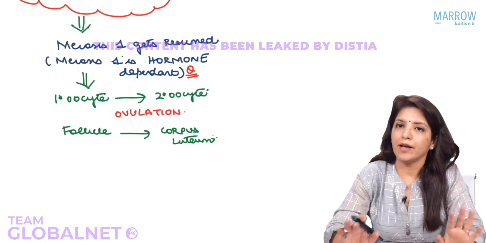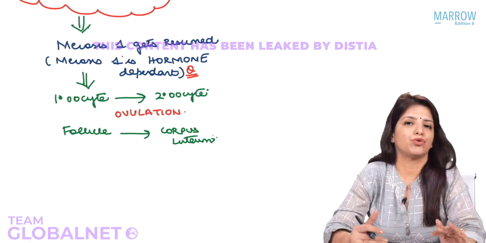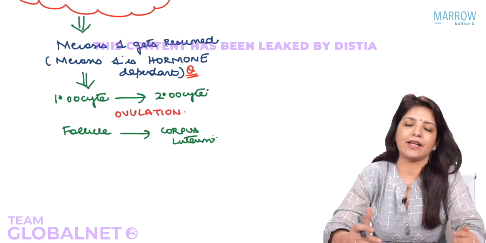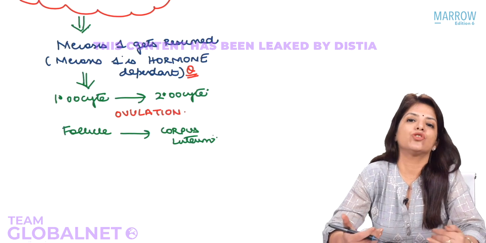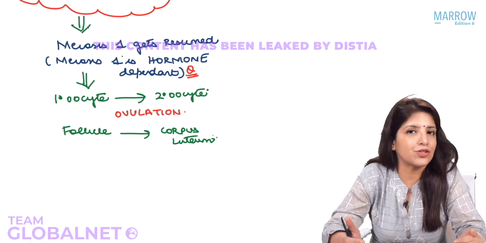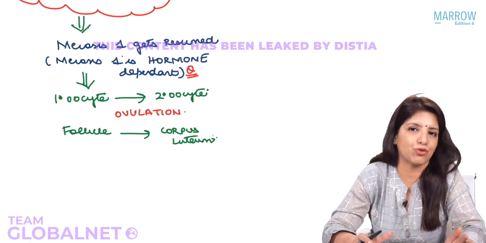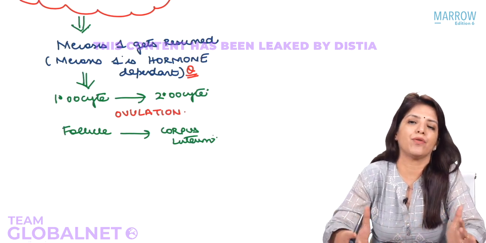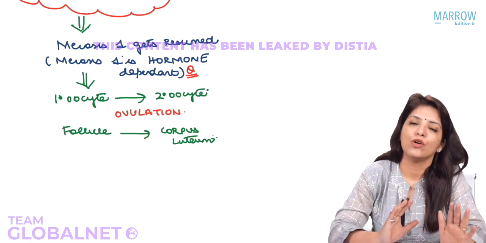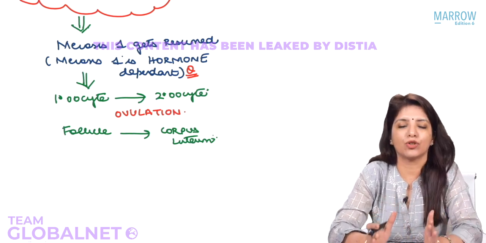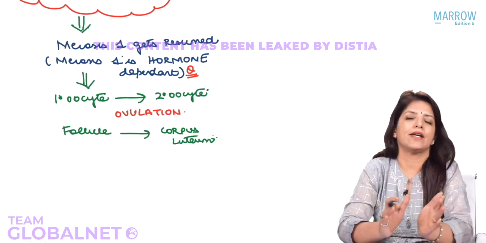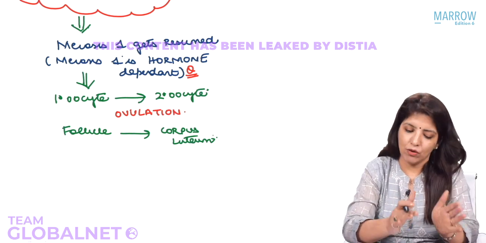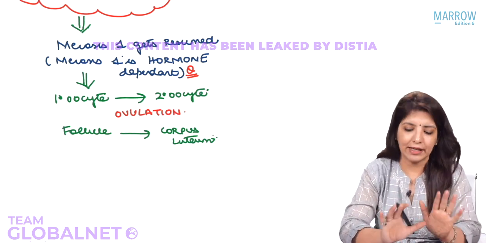So, I am telling you that FSH led to the release of estrogen. This estrogen led to LH surge. It had a positive feedback on LH. It led to LH surge, and it is this LH surge because of which meiosis 1 gets resumed and the primary oocyte gets converted into secondary oocyte. In other words, ovulation happens. So, ovulation is occurring because of LH surge. Meiosis 1 is getting resumed because of LH surge. Now, let's keep it till here. We will discuss a few more details, but just now till here.